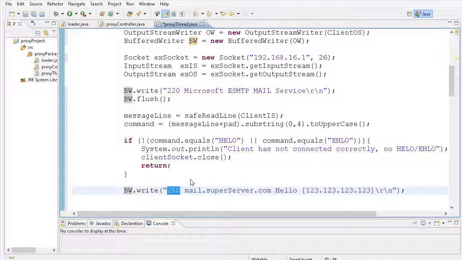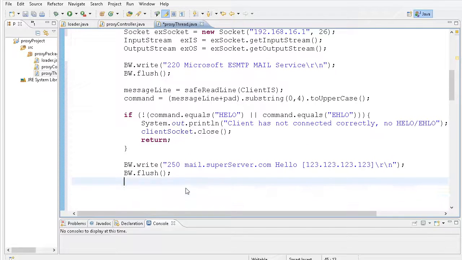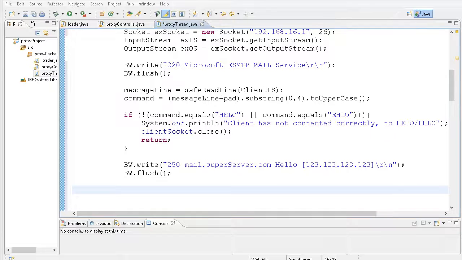250, hello, and this is basically I accept the fact that you have initiated an SMTP protocol request, and I am answering saying I am an SMTP server, most likely, and then I'm going to flush those bytes out to the buffered reader, and they will buffer. Okay, now